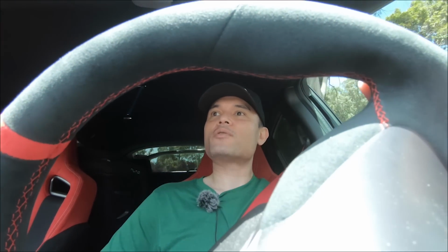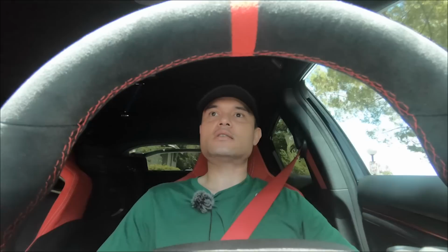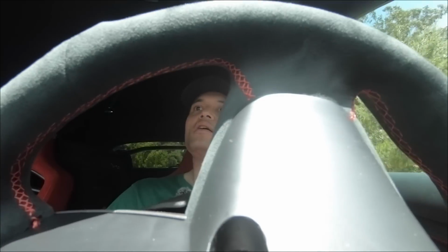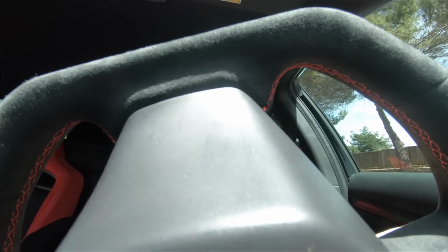All right, guys, so here we go. We are just rolling out of the neighborhood using my new Acuity Stage 3 shifter for the 10th gen Honda Civic. Let me know what you guys think about this new camera angle. I'm trying something a little different. Let me know if you like this angle better, or if you like the side view angle that I normally have in my videos in the car. I'm just trying out some different things, seeing what looks better for you guys on video, but I always appreciate your feedback. But so as I'm leaving the neighborhood here,